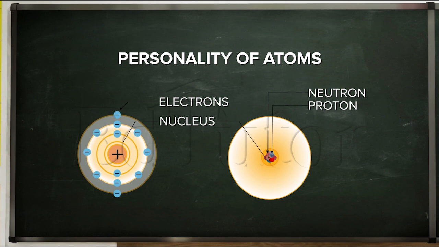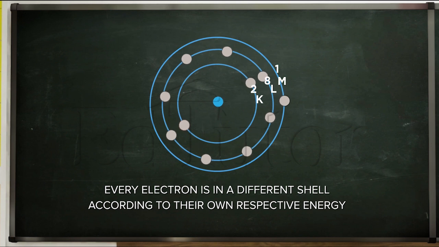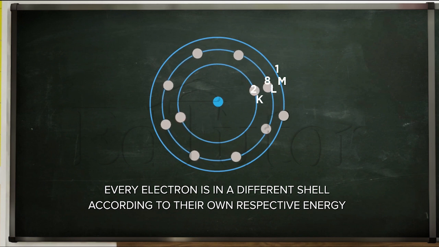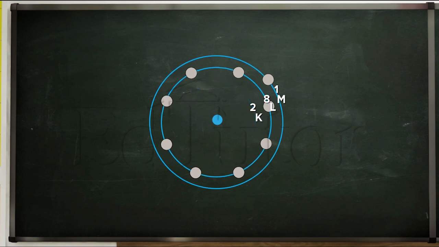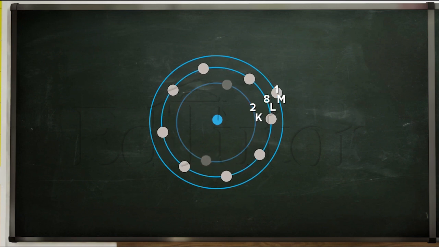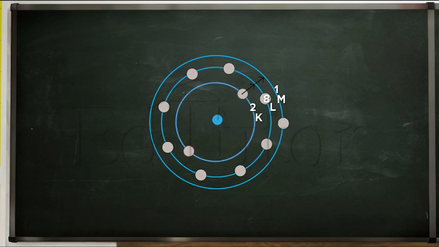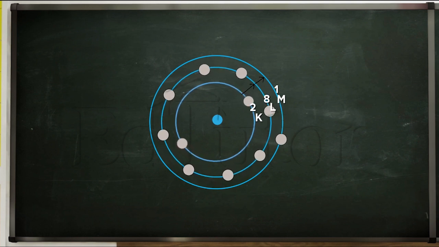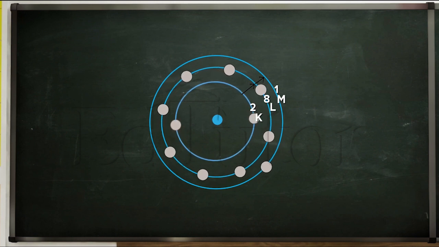Let's take a look at our first example. We will try to represent the electronic configuration of an element containing 11 electrons. Remember, not all electrons contain the same energy. Every electron is in a different shell according to their own respective energy. We have already discussed how the electrons fill up the lowest energy shell first and then proceed to fill each